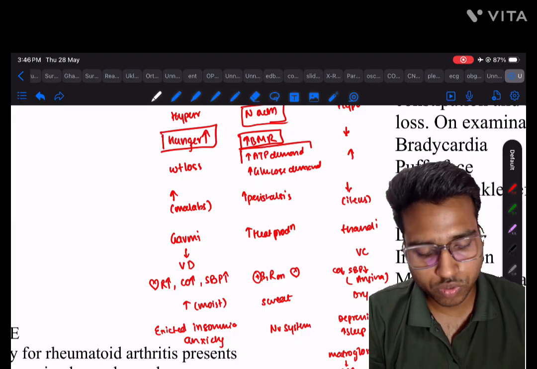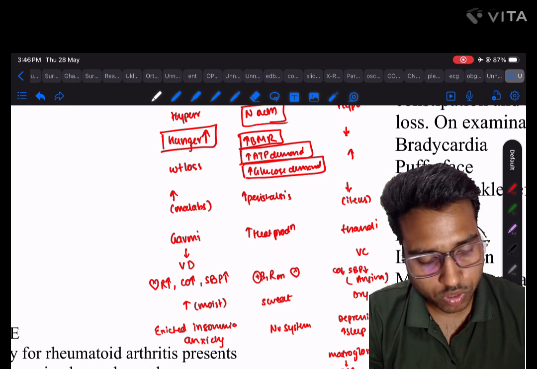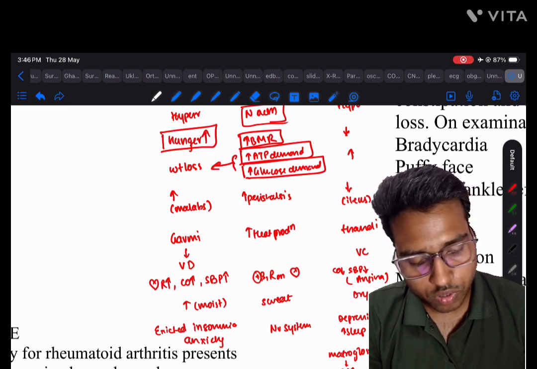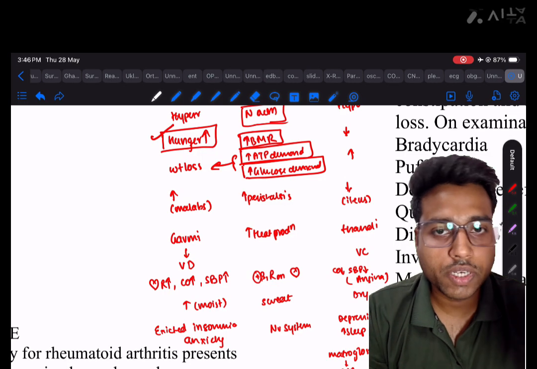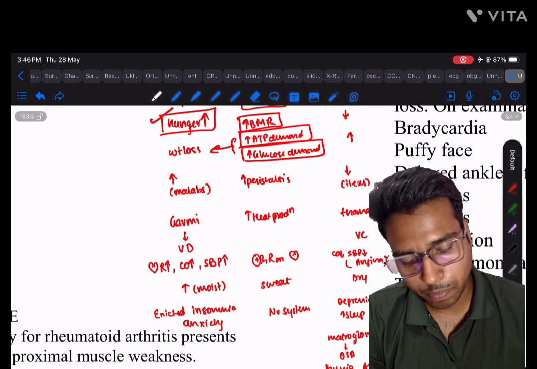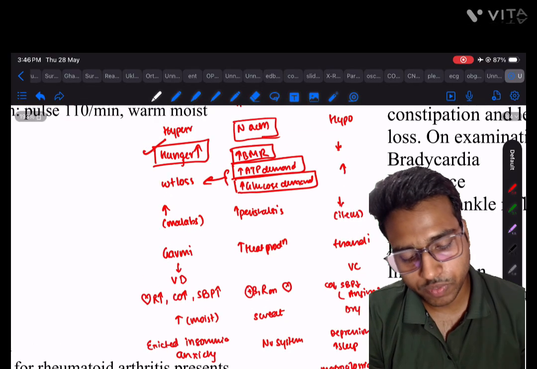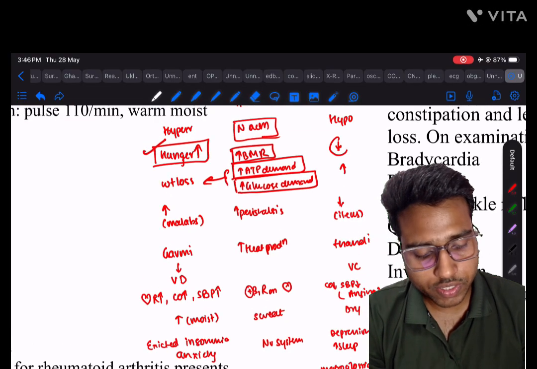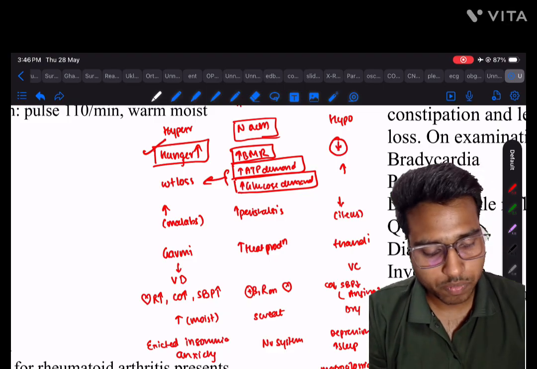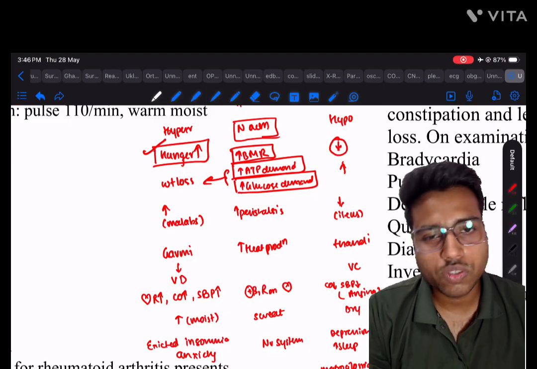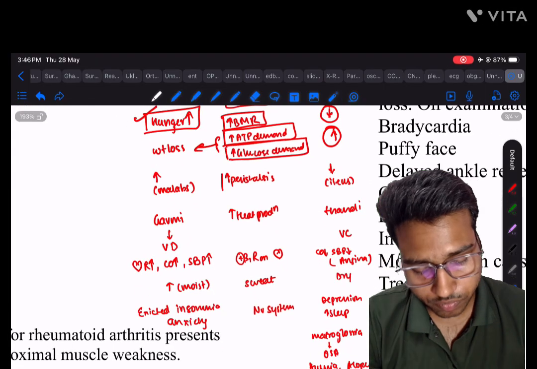So we eat more food, so there is more ATP demand. If BMR increases, we need more glucose demand. So for both of these there will be weight loss. See this, more hunger but decrease in weight because demand is more, okay. No matter how much you eat, you will lose weight because BMR is very high, okay. And there is vice versa in hypothyroidism: decrease in BMR, so decrease in hunger, less ATP, less glucose demand, so there will be increase in weight gain. It is the opposite, a little bit.